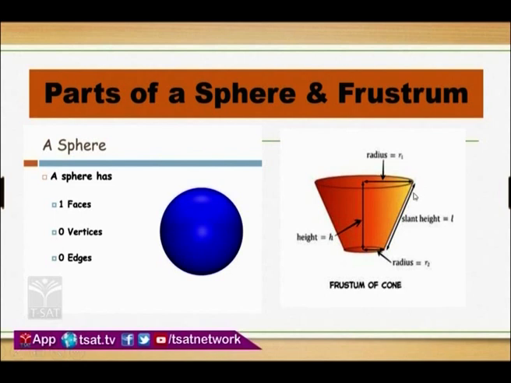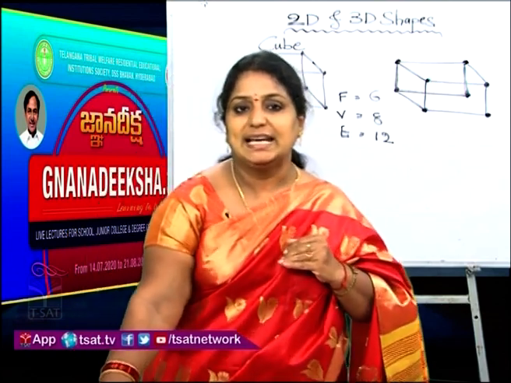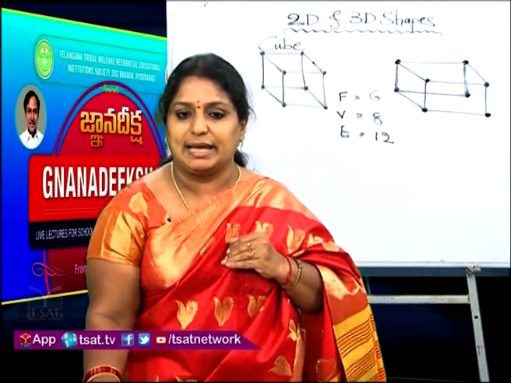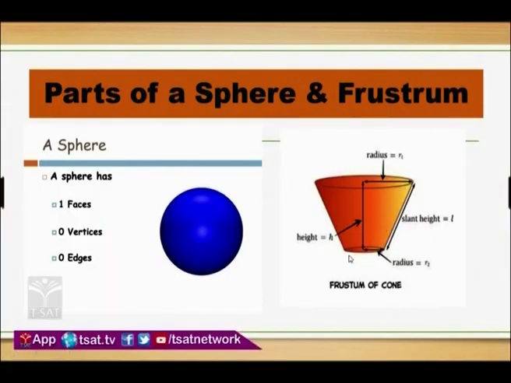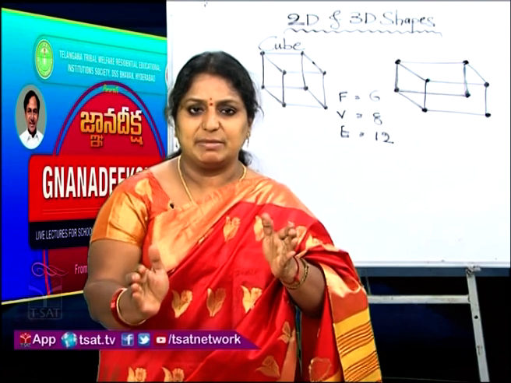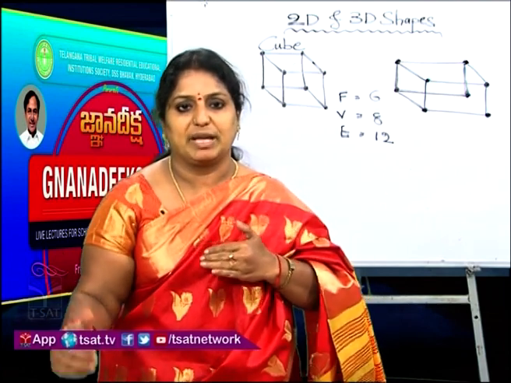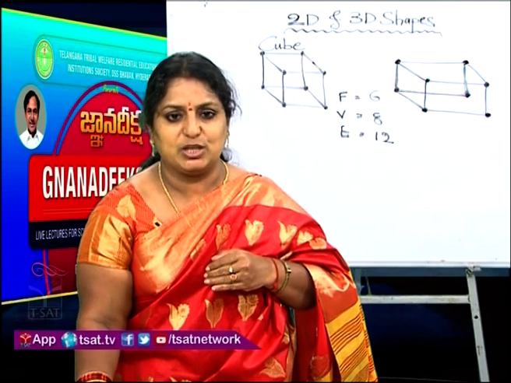And you can also see slant height. Children, whenever we place a ladder to the wall, how is the ladder placed? It will be in a slant position. So similarly, here also we can call this l the slant height of the frustum. And here radius 1 is written, radius 2 is written. What is the reason? Because the main difference for radius 1 and radius 2 is, for the frustum we have a bigger circle at the top and a smaller circle at the bottom. That is the reason one radius is bigger, one radius is smaller. Now, frustum is a part of a cone. From the cone, the frustum concept came into existence. Now, next image you see.